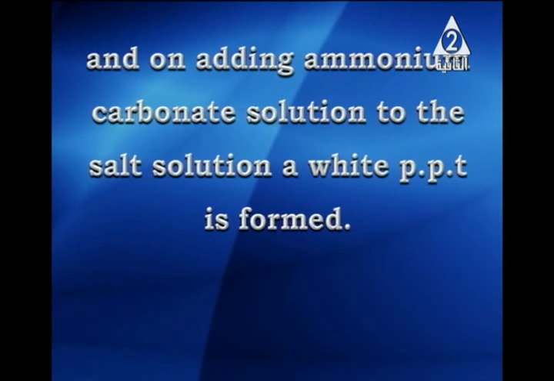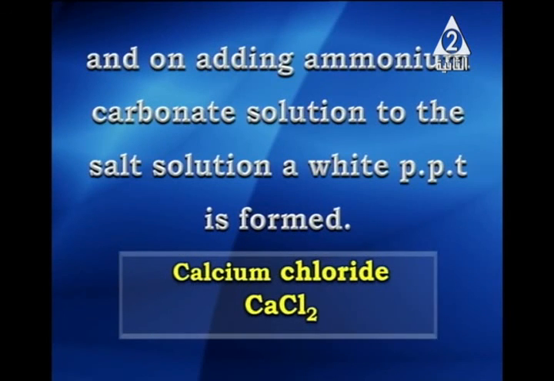Here adding ammonium carbonate solution is testing for the basic radical, which is calcium, as it gives white precipitate of calcium carbonate. But the first one is testing the acidic radical, which is the chloride radical, as the chloride gives white precipitate with silver nitrate that turns violet in sunlight. So the salt here will be calcium chloride and its chemical formula